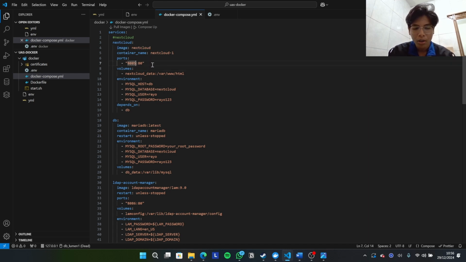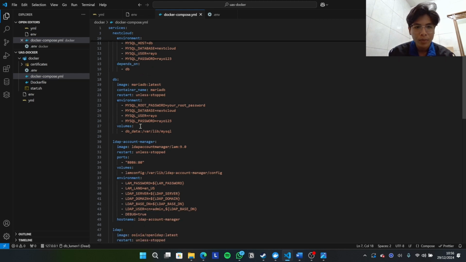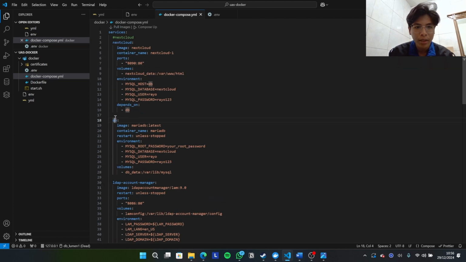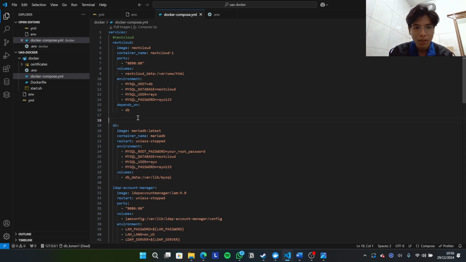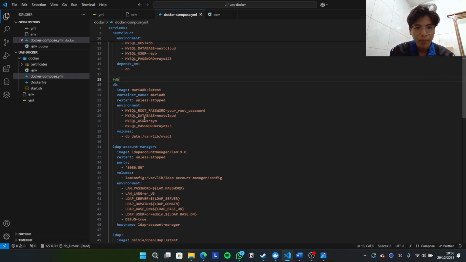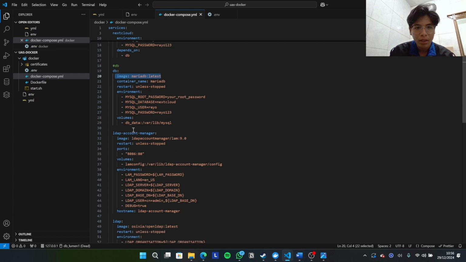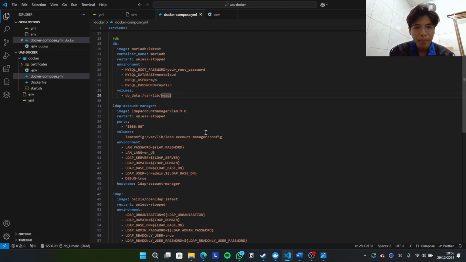This is the port that we will use for the Nextcloud, for example, port 8090. And then this is the database of the Nextcloud, the DB image.